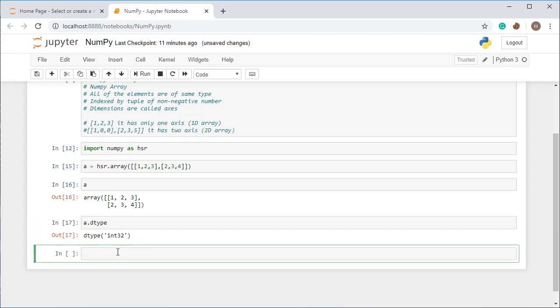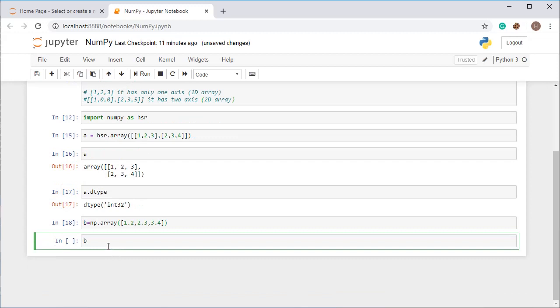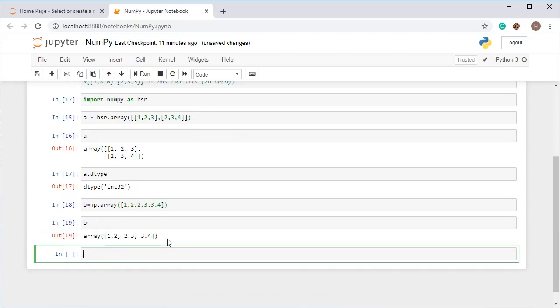When you are going for taking an array of float values, let's say b is equal to np.array, and put the values as 1.2, 2.3, 3.4, and you run this cell, then you will get the answer like this.